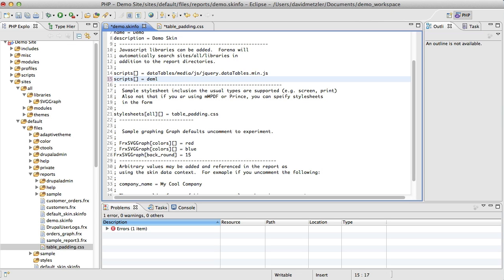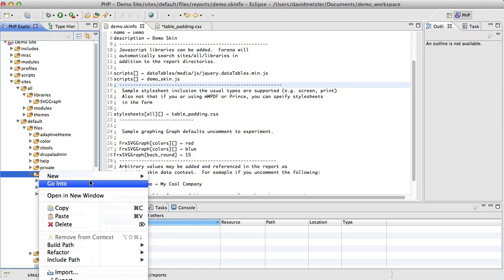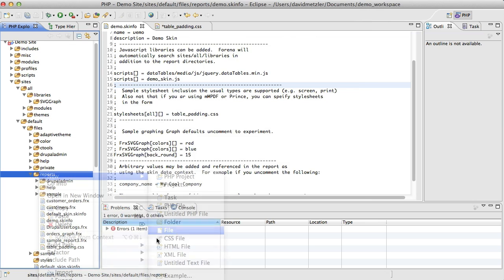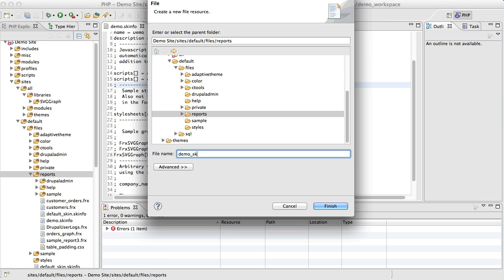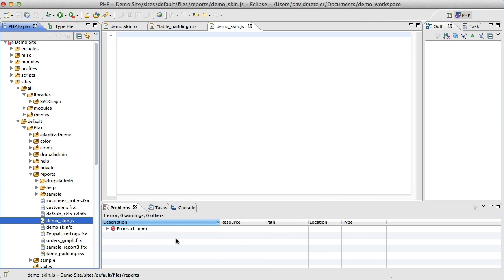So I'm going to create a demo skin.js file. And just putting that in there doesn't create one. So I'll go ahead and make a new file that is demo skin.js,